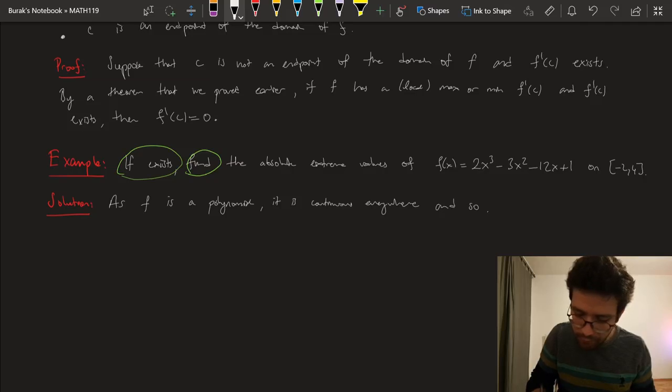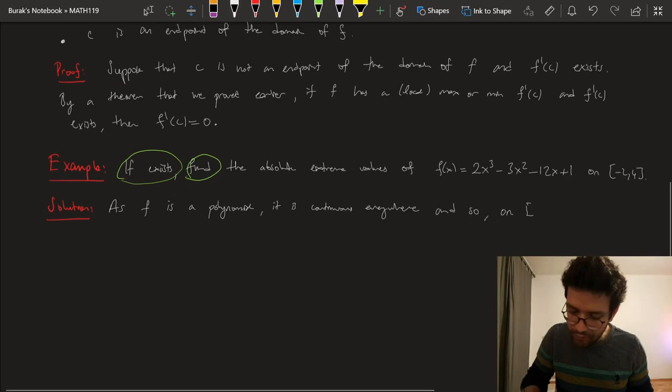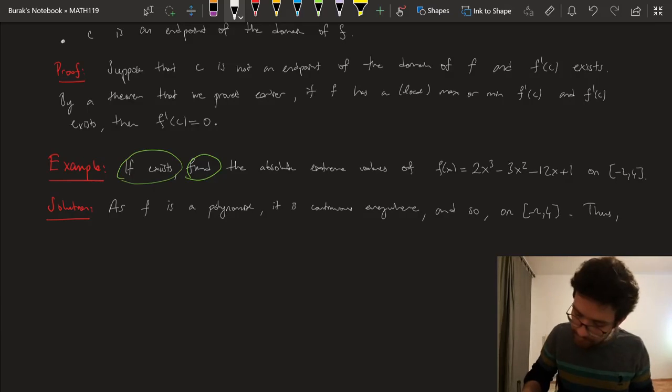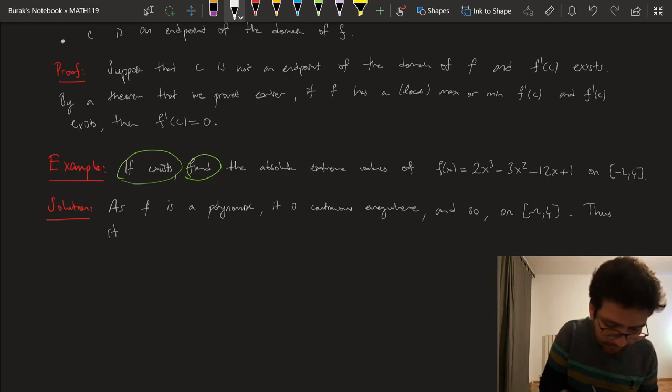And so, if it's continuous everywhere, it's continuous on this closed and bounded interval minus 2 to 4. Thus it has